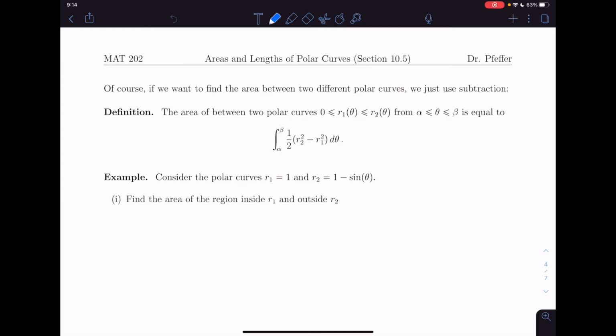Welcome back everyone to the companion video on computing areas and arc lengths of polar curves. This is continuing our discussion on trying to answer calculus-based questions on these complex looking polar curves that were just introduced in the previous section. In the first part of this conversation, we introduced and formulated the formula for computing the area, quote unquote, the